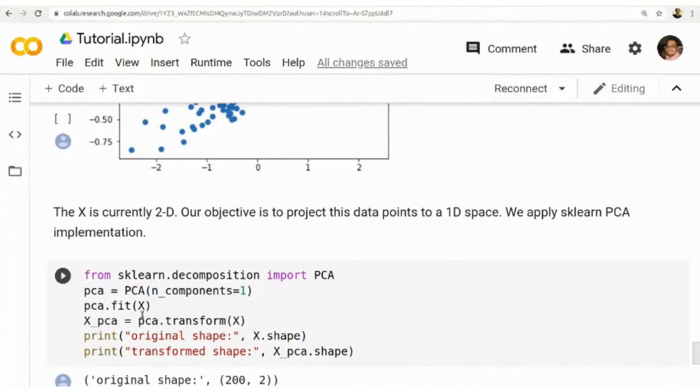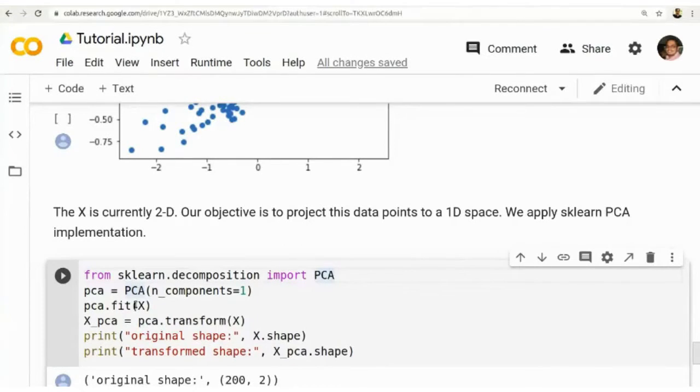So you can find PCA. This function is available in scikit-learn decomposition, that is, from sklearn.decomposition import PCA. You are importing the module PCA. Now the object pca equals PCA of the number of components required. We require one component from this 2-dimensional data, so the number of components can be specified here. Then apply the PCA algorithm on this data, pca.fit of X.